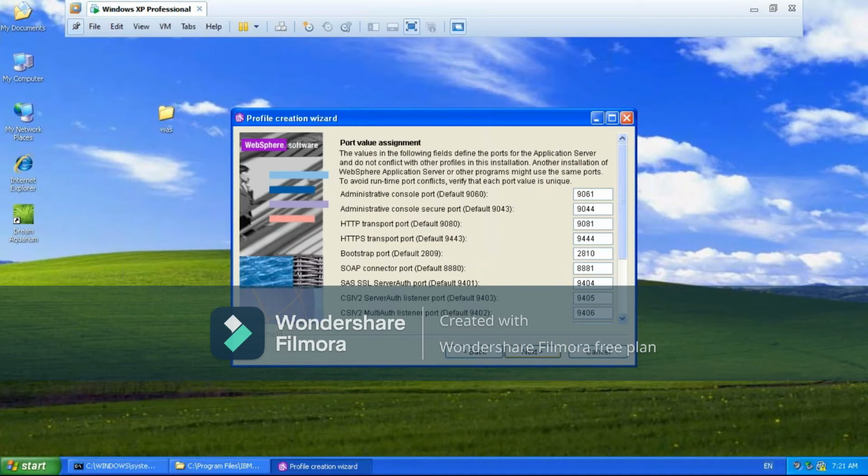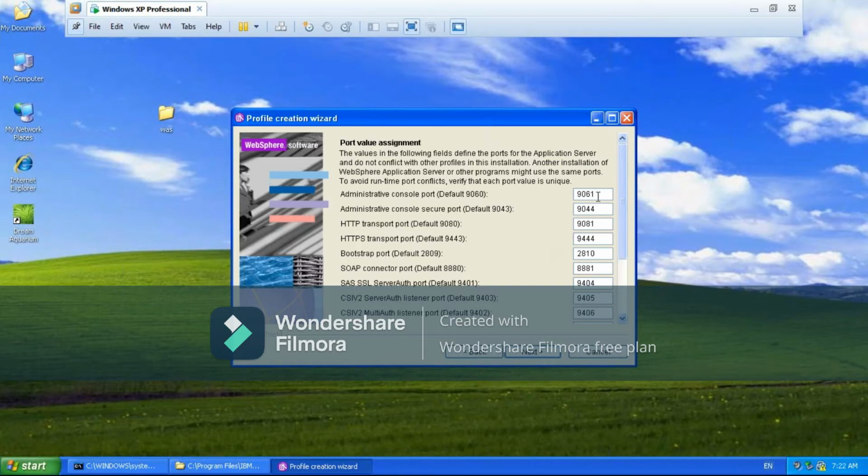Now if you observe, before when we created the default one, it took 9060, right? Now it is taking 9061. It takes one extra for each and everything, because in real time you may see port conflicts.